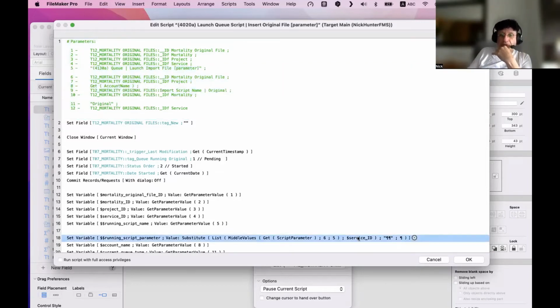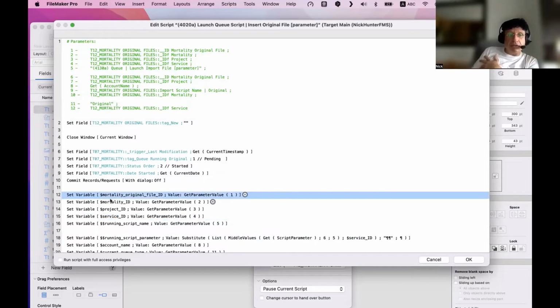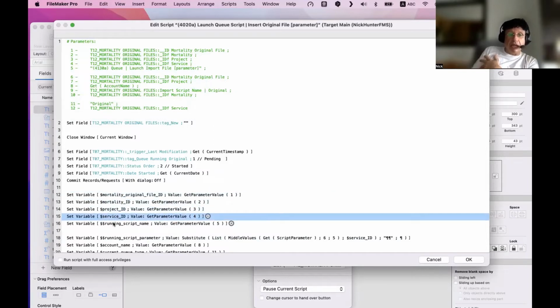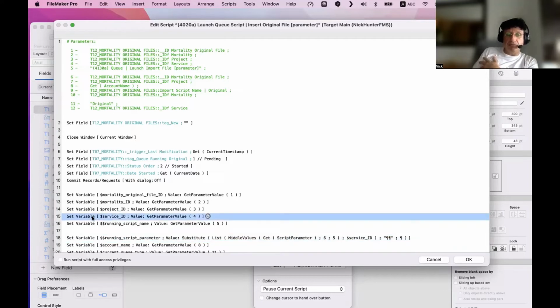And on top of it, I want whatever this variable is returning. So I have the service ID, right? I have this one, and in this one here, I want to put whatever that says, right?